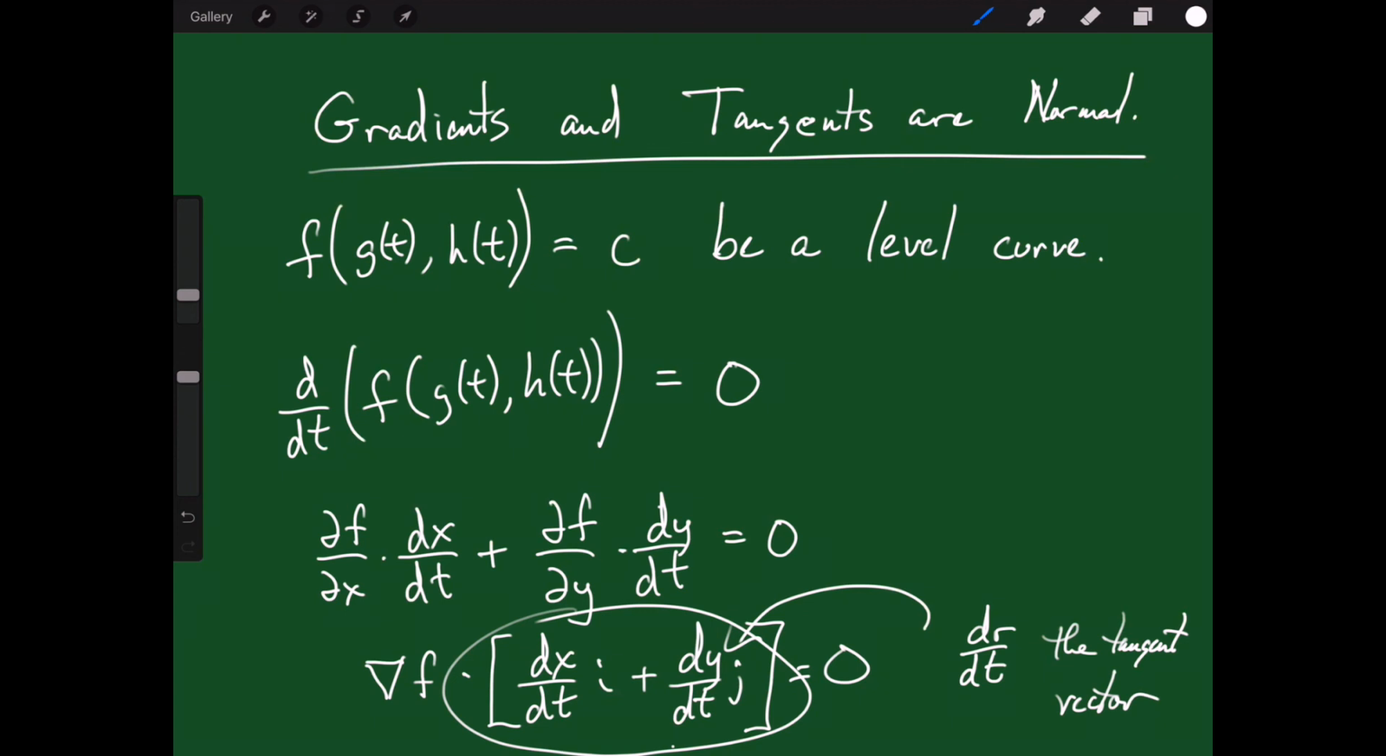But what do I have here? I have a tangent vector times a gradient vector gives me 0. But that means that the tangent vector and the gradient vector are orthogonal to each other, because they dot together to give me 0. Okay, so if you wanted to look at a picture of this, let's say that I